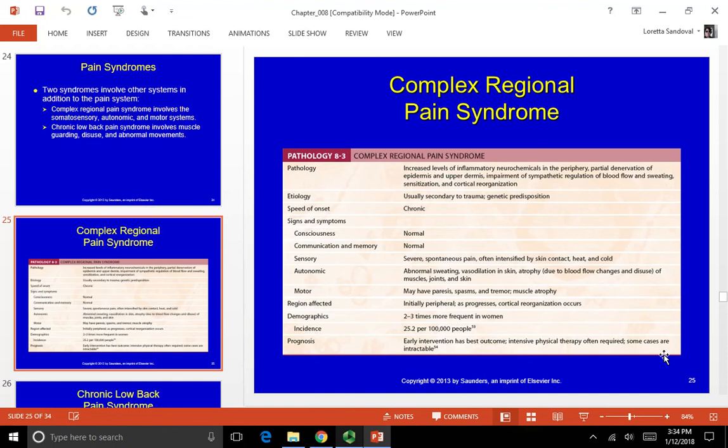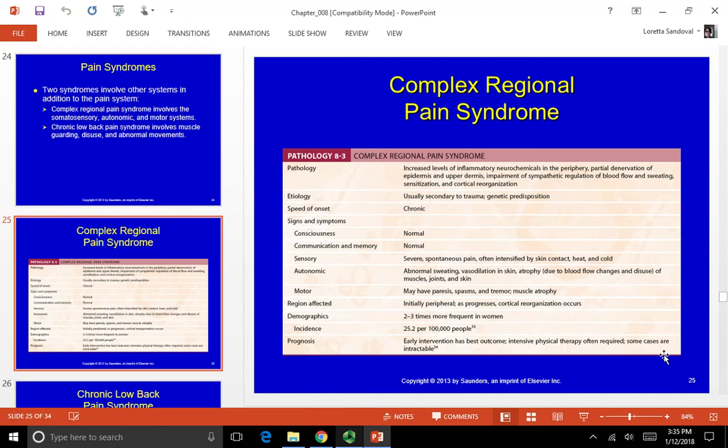So there's a diagnostic criteria for complex regional pain syndrome. There's a little box in the book. They have to have continuous pain that's disproportionate to the inciting event, at least one symptom in each of the following categories, and one sign in two or more of the following categories: sensory, vasomotor, pseudomotor, or motor or trophic changes. So sensory is like allodynia, hyperalgesia, or hypoesthesia, where they have a numbing sensation.